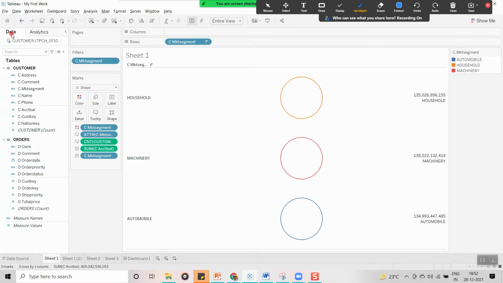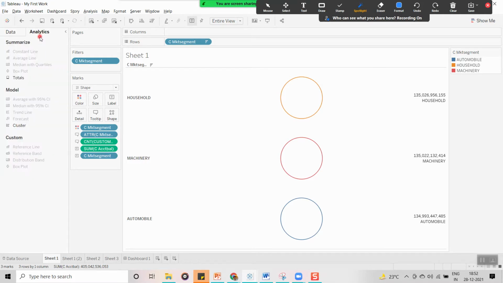And the analytics tab, right? In this analytics tab we are going to get advanced analytics. These are the advanced things. By using the analytics pane, we can create trends, forecasts and clusters, and we can give the totals for our visualization.